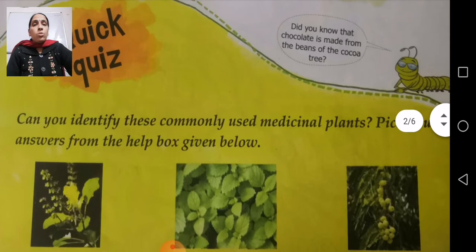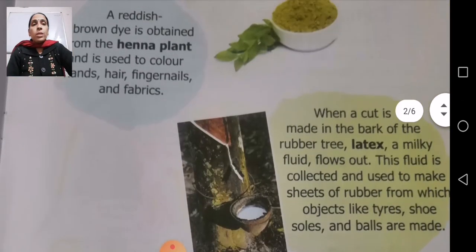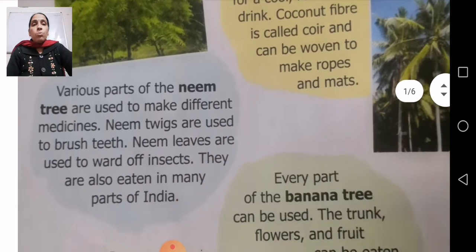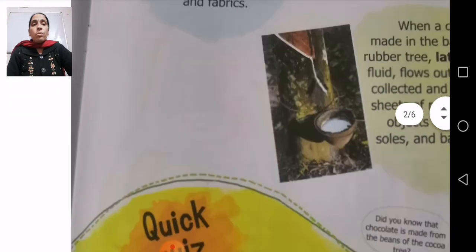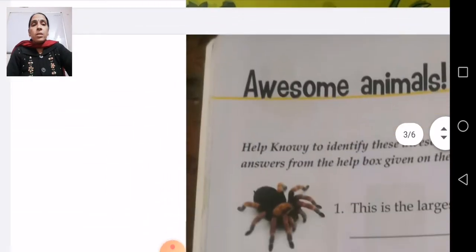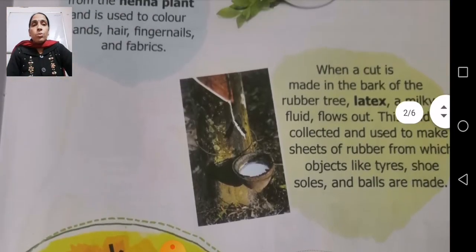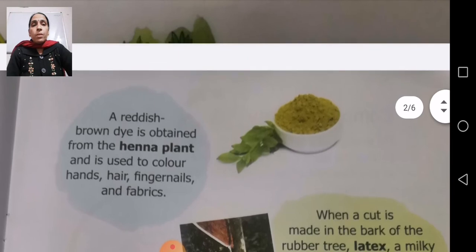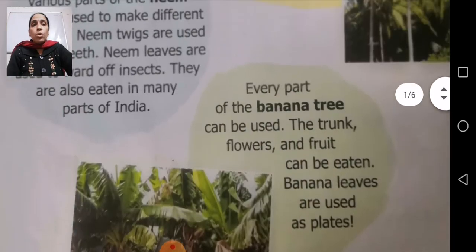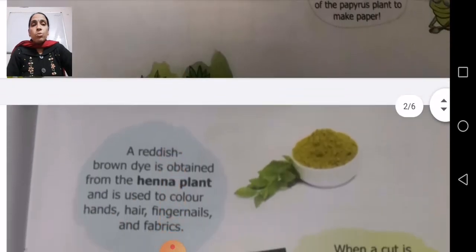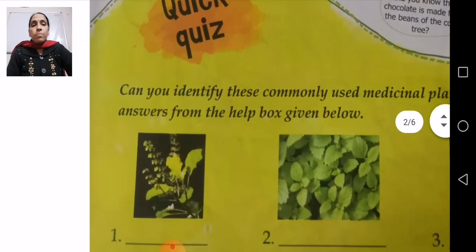So now children, what we are going to do next: 1, 2, 3, 4, 5, 6. Fine. So 6 fees are pending. So you just tell me what you have to do. You have to start the class or you're going to finish your dues.